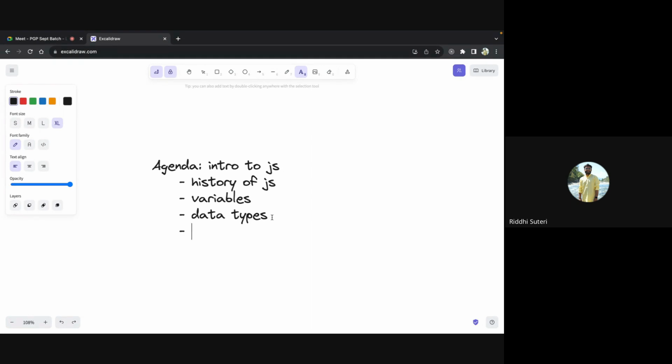Then we can talk about Chrome developer tools also. We'll try to discuss the console part: how does it work, how can we write the code here, and how can we see the outcome of that? After that, I think we can talk about type coercion and conversion.